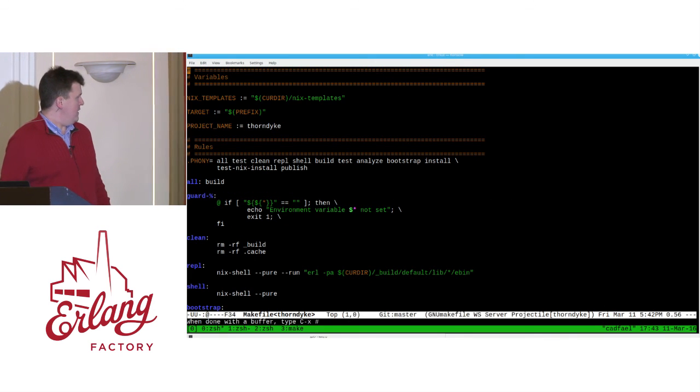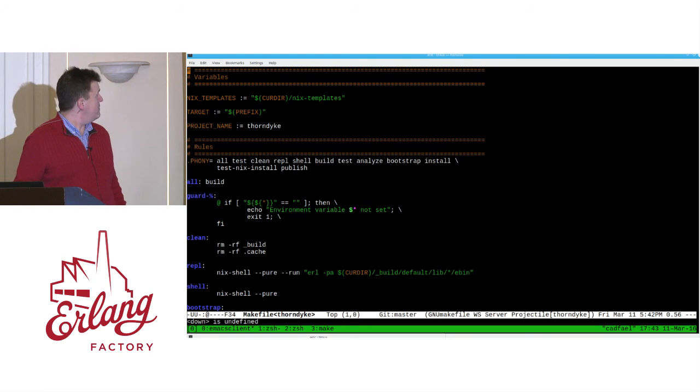So this is the makefile, and all it does is drive, and this is kind of a convention on my part. I wouldn't say it's any kind of